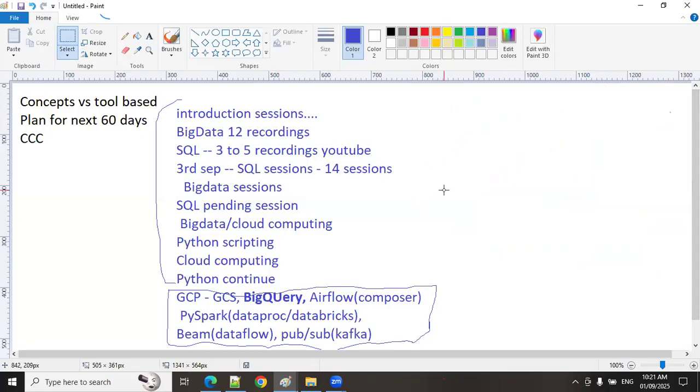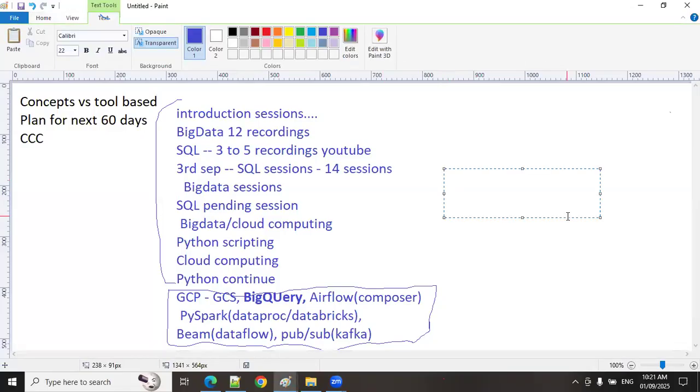So understood? Any question till now? Online guys, anybody have any question? If you learn this course, sir, can we learn Azure also easily, or how much percentage will it help? Easily. Once you complete this course, if you want to switch to Azure, just 1 week is more than enough. 1 week to 10 days.